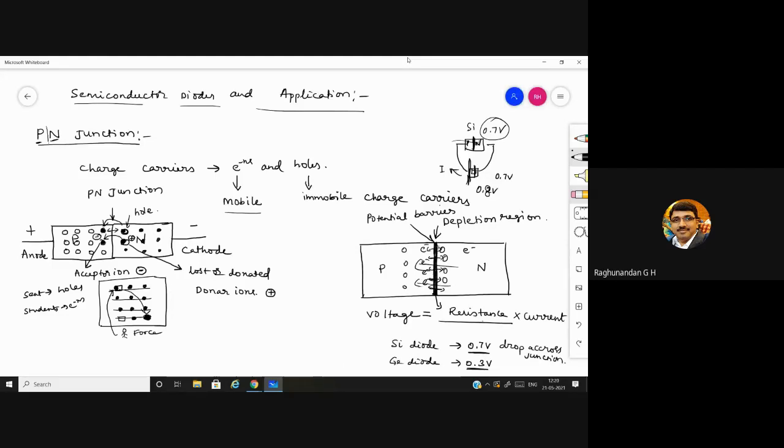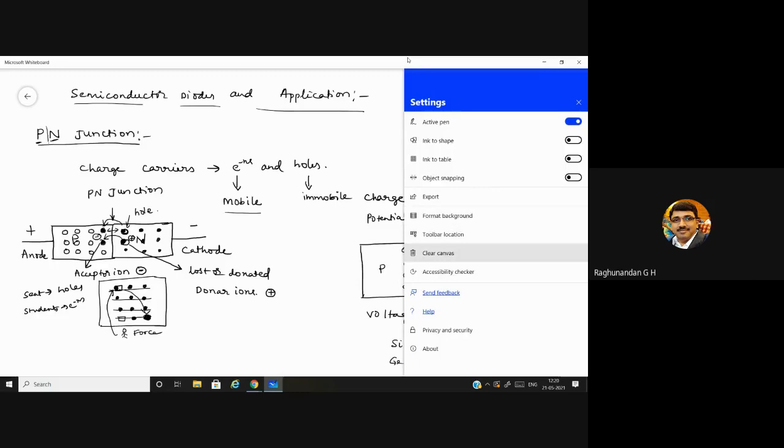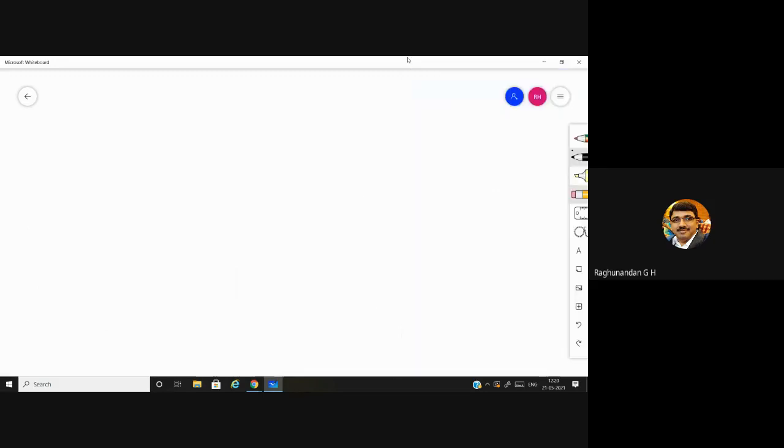Across this, some charges which are very near to the junction are flowing. Flow of charge is known as current. So the product of current and resistance develops a voltage across this junction. That voltage is known as the potential barrier. That potential barrier will be 0.7 for silicon, 0.3 for germanium. These are the basic things we should know. I was telling that a silicon PN junction is going to offer 0.7 volt and a germanium diode is going to offer 0.3 volt. Now let us go for one more analogy.